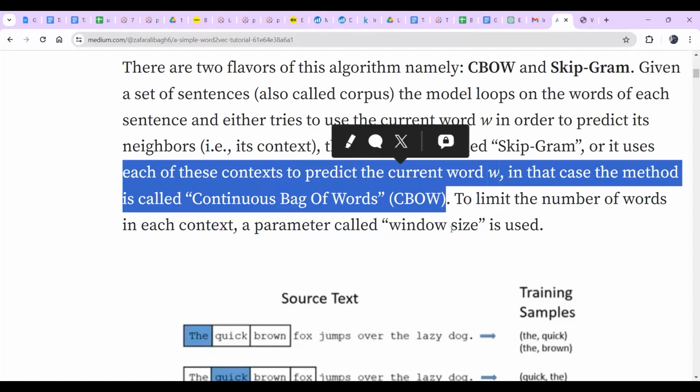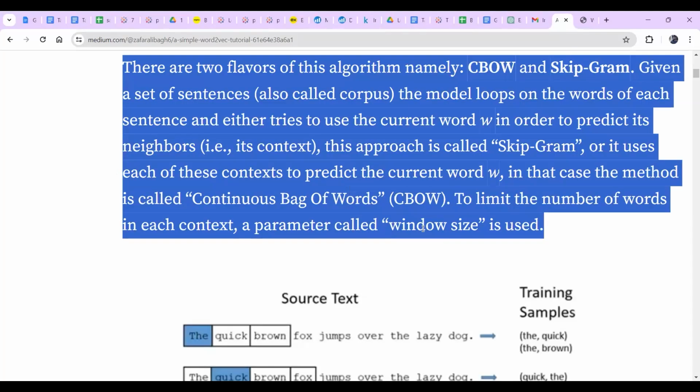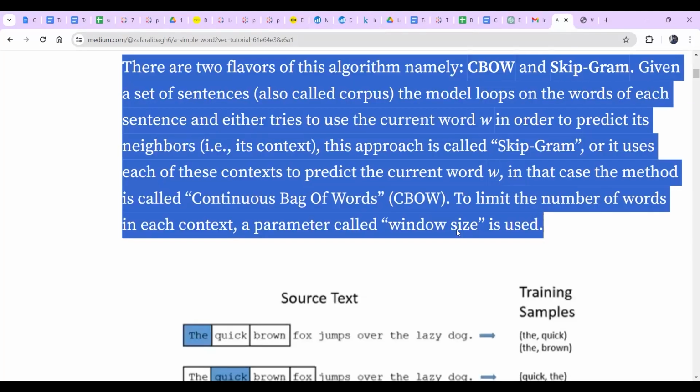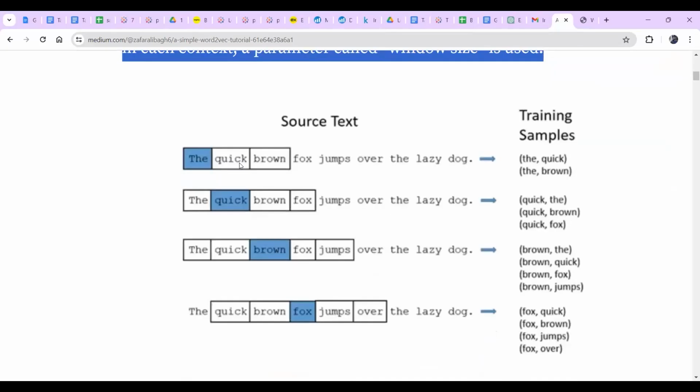Now, there is a hyperparameter which is your window size. You can look at the examples. This is your window. The sentence is: the quick brown fox jumps over the lazy dog. With this sentence, you are defining multiple windows. All these are different examples, not part of the same training. Here the window size is 3, here it is 4, here it is 5, and here also 5, but it has moved one step ahead. So all of them are different examples.